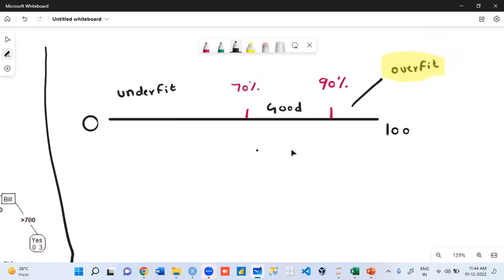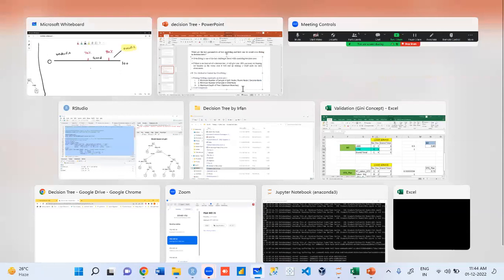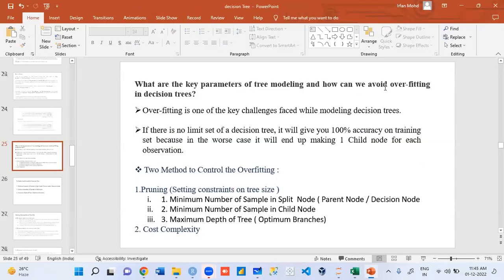Not possible also. Clear? This is a benchmark made by the scientists. But some companies have a benchmark of 95%. Some take 90 as the universal benchmark. 95 changes from company to company also. Clear? So the creators say, whenever you use my tree, it will overfit.